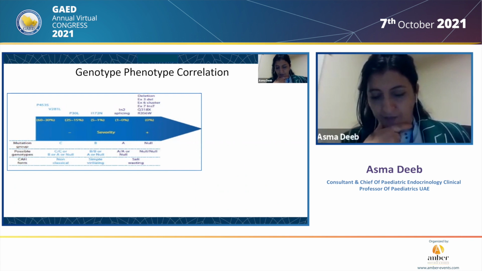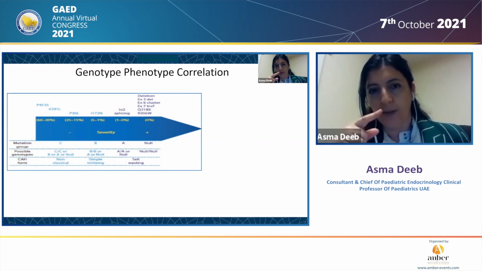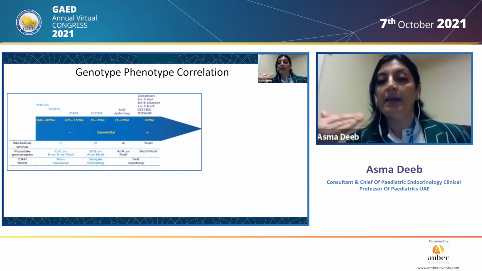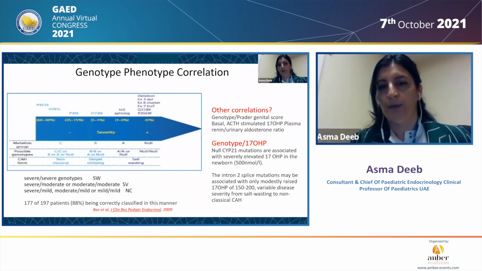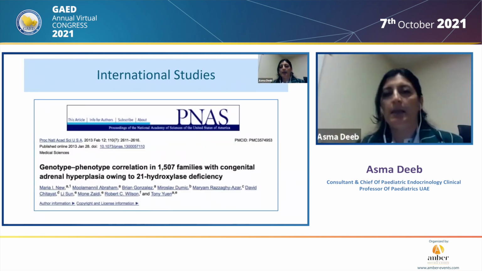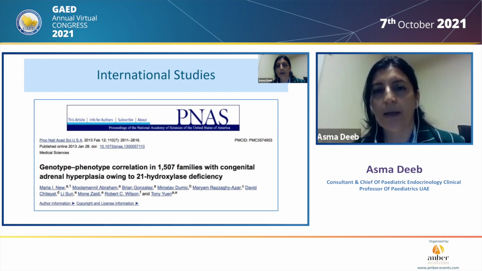And what I find really fascinating in this condition is the elegant correlation between the genotype and phenotype. So the more severe the genotype, for example, the deletions and specific mutations that you see to the right on this arrow, the lower the enzyme activity and the worse or the more severe is the clinical phenotype. This is an important study published by Marianne Yu and her colleagues. Marianne Yu is very well known for her special interest in CAH, and this paper in particular has enriched the